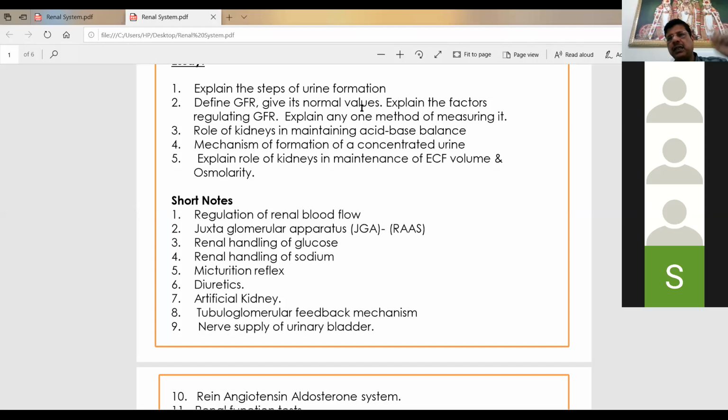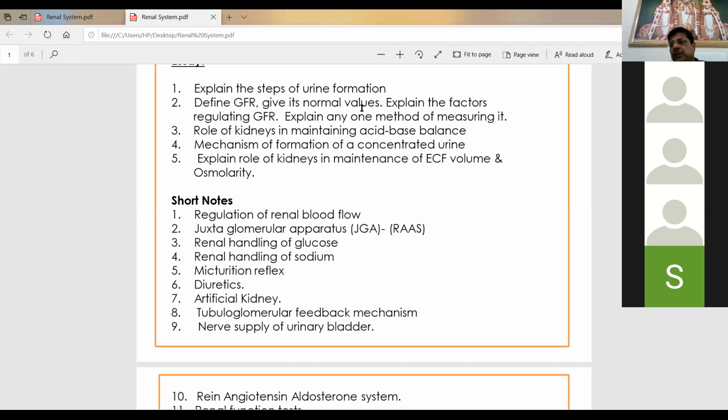Tubuloglomerular feedback is also one thing there. Renin, angiotensin, aldosterone. At some point in your discussion, you can bring it. Okay. Measurement of GFR, you can do direct measurement by flow stop start techniques, micropipette insertion, or you have indirect